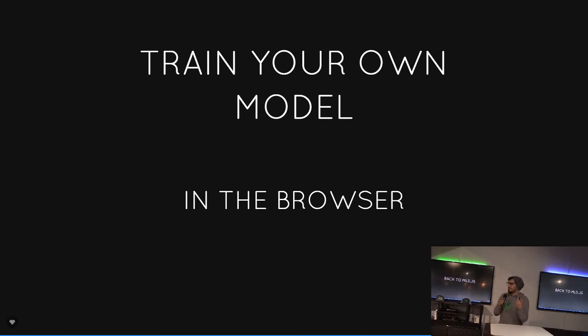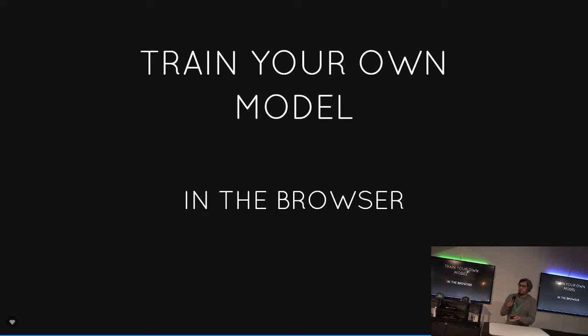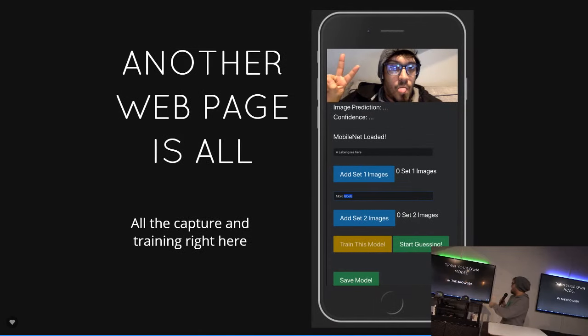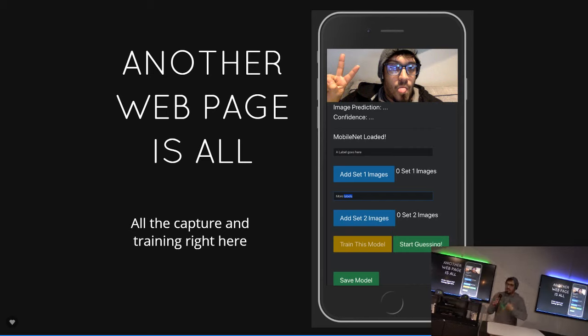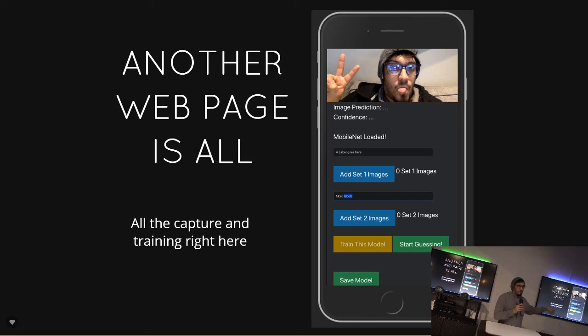So back to ML5, real quick. You mentioned the training. I didn't do any of the training of that first one because it was a pre-trained model, and that's cool. But I did piggyback on it and train it again. This is just a web page I created, and I put in my labels, and I can add a new image over and over again, and then I can train it and save the model, pull it out, and then send it to wherever I want.